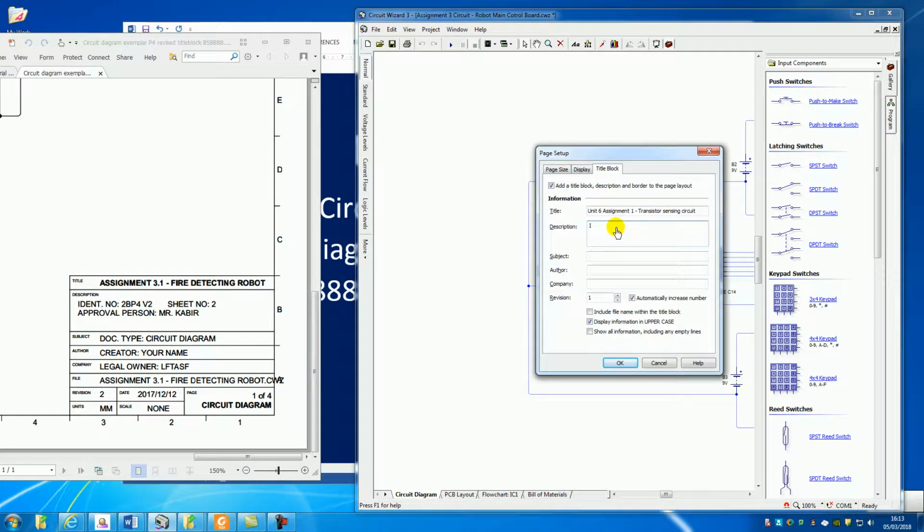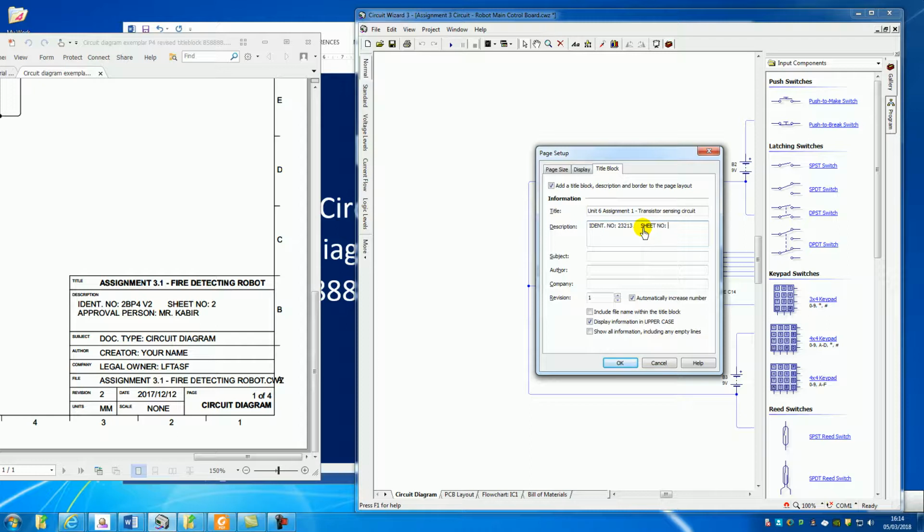So identification is important. Also important, which I've not made a mention of, is that your font and writing needs to be in caps. With Circuit Wizard it's quite good because it does it automatically, but it's a good habit to make sure you do that if it wasn't an automatic process. In terms of these things that I'm going to write down now, for identification number, just make a number up. It's not relevant if you are just practicing. You need to make sure that you have a sheet number. Again, this is one of the mandatory points that you have to do. Sheet number,